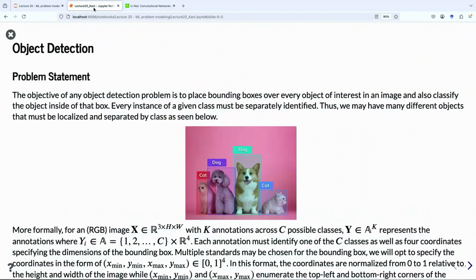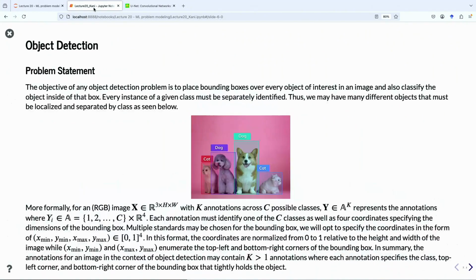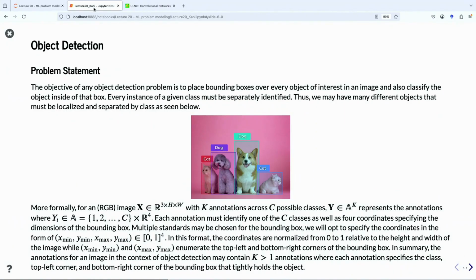The harder image task is object detection. And I'm sure we've all seen these sorts of AI visualizations where we have an image or a video and the model tracks a particular object and labels it as whatever, right?